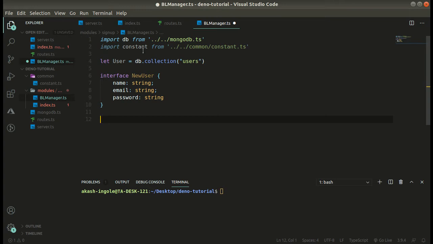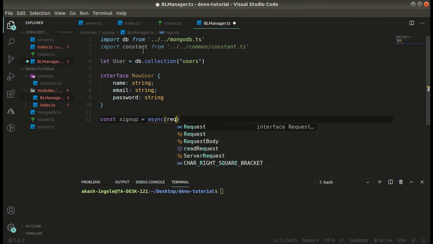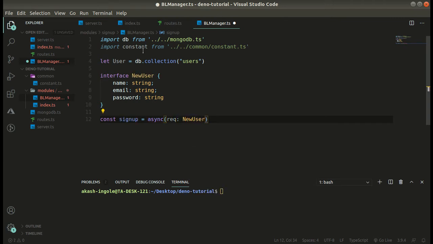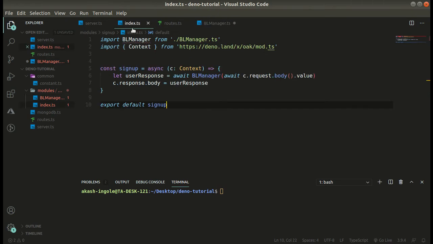Now let's create a function sign up, and guys, here we are going to get the incoming request, the request from this controller that we are passing over here.